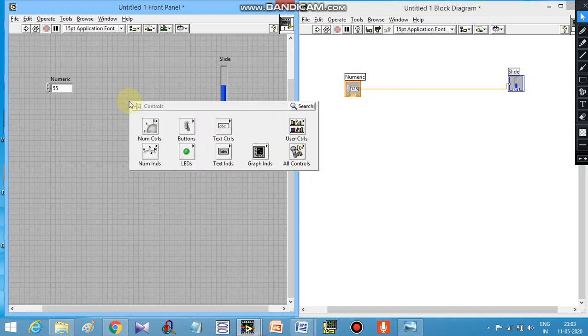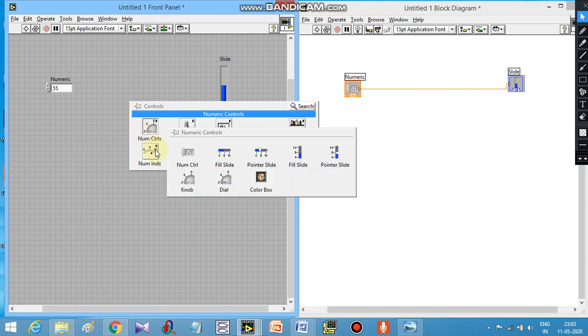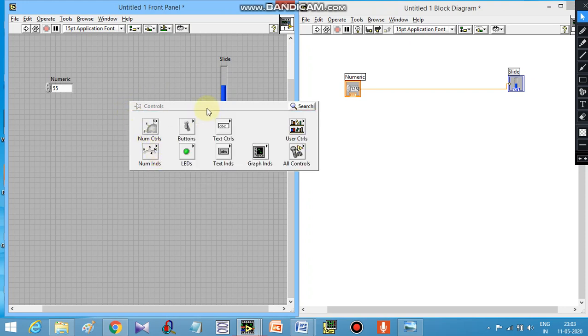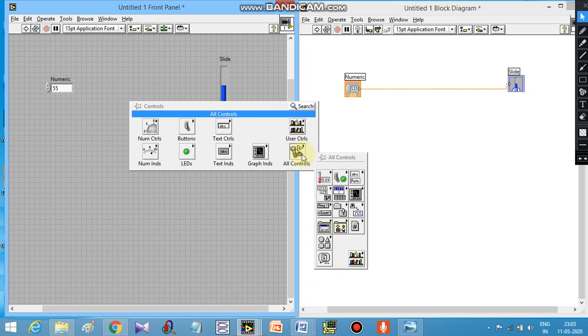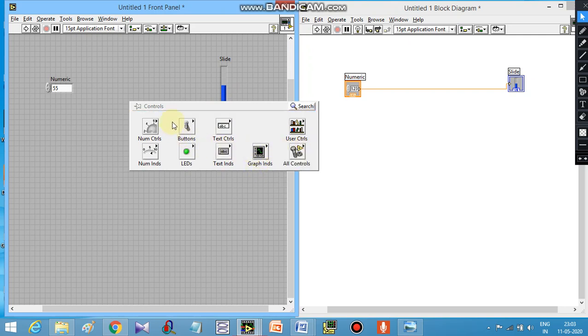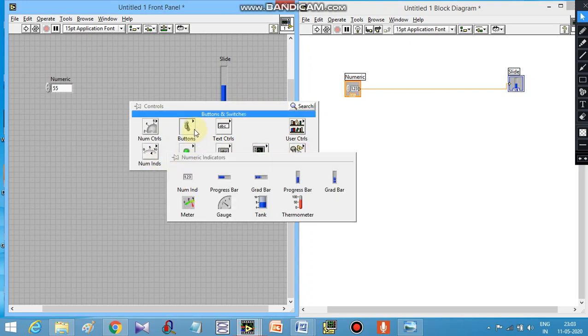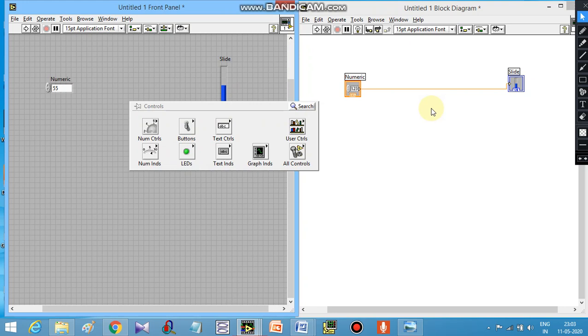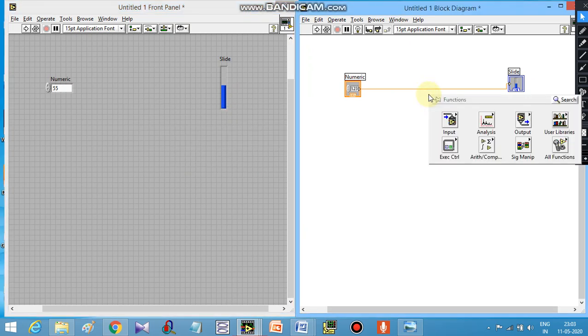Now suppose in between I insert something else also. For example, go to all controls, and this is a graphical output. Now we can explore whatever we are having here. All these things can be explored very easily. I can right click here also.